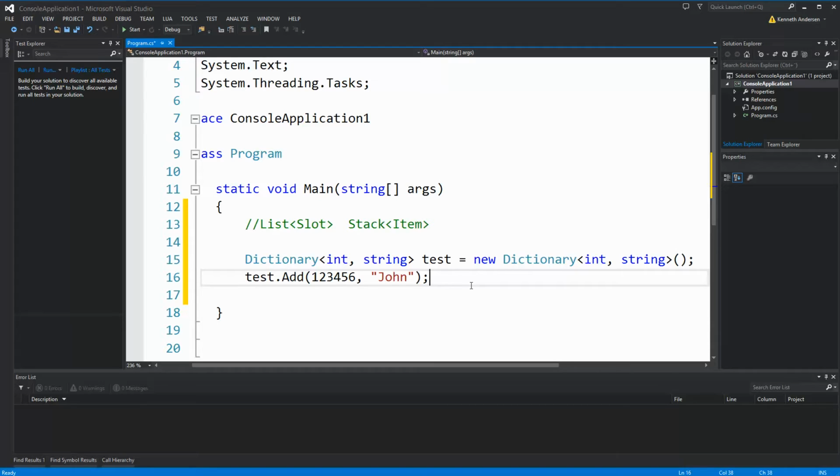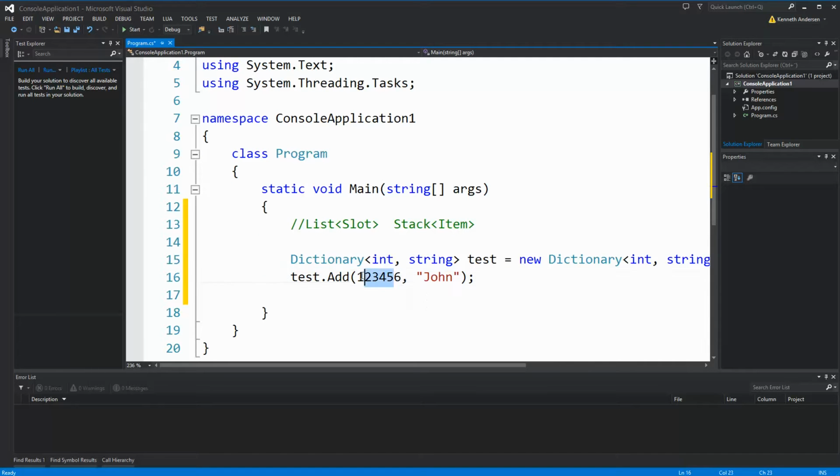Well, we could also do that and add it to a list, but a dictionary is actually way faster than a list to find something in when you need to store something like this, because this key is translated into a hash key that your computer will be using to find the specific name John, which means when you say add here, this 123456